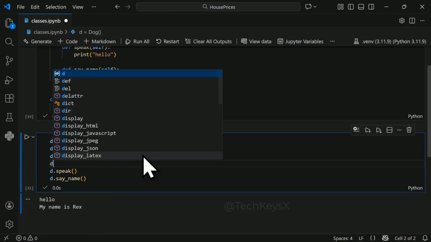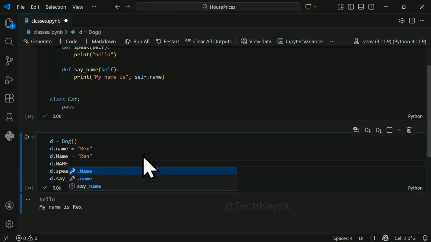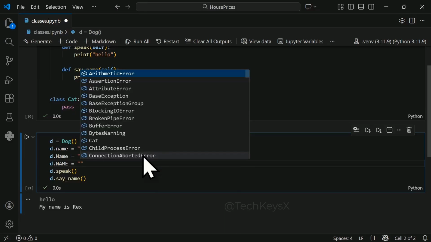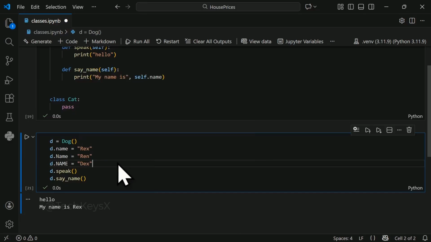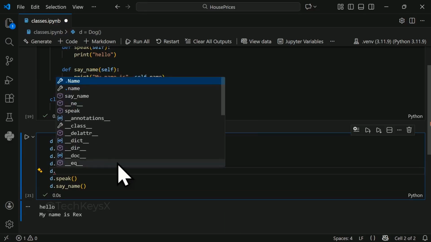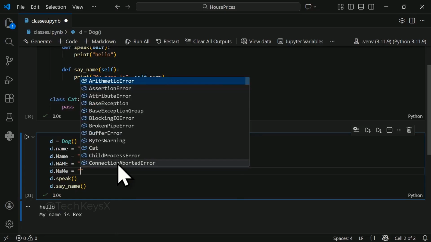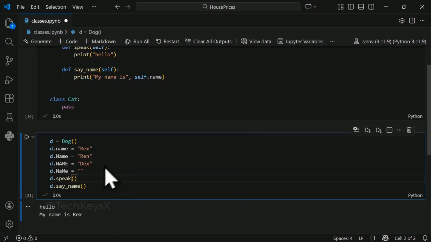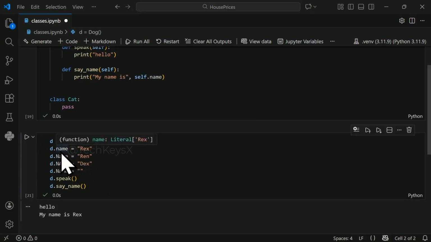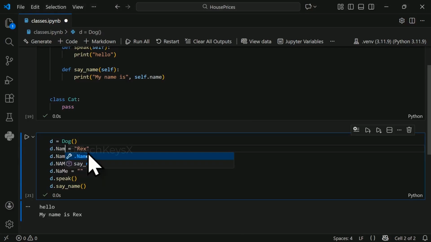And again, something such as d.name in all upper letters would be a different variable. And same with any other combination that you get, for example, N, A, M, and then a lowercase e, that again would be treated as another variable. So what you need to do is always ensure that you use the correct casing for your variables, otherwise your code won't work. So for example, if I change the variable here to name and then do a capital E